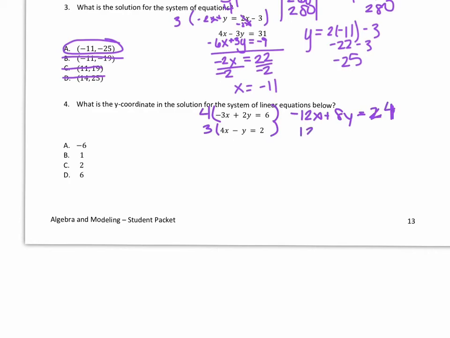Bottom one is 12x minus 3y equals 6. So I have 3 vertical problems. Okay, your x's cancel. 8 minus 3 is 5y equals, and then make sure you do 24 plus 6 is 30. Divide by 5. And you get y equals